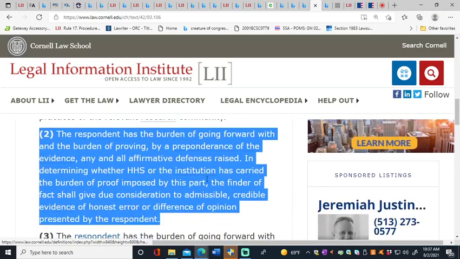Family, the respondent has the burden of going forward with the burden of proving